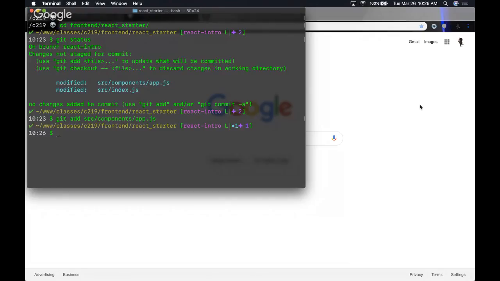Okay, and that will just add that one thing. And it's a little bit more step by step. Some companies prefer that. It's arguably a little bit safer. But ain't nobody got time for that. So,